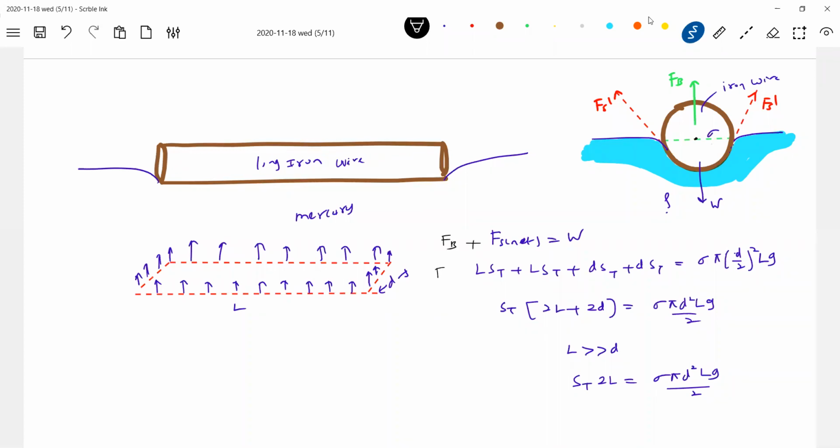Buoyant force, I'll bring it. What will the buoyant force be? Rho into pi d by 2 whole square, half of the volume of the cylinder. So this will be rho pi